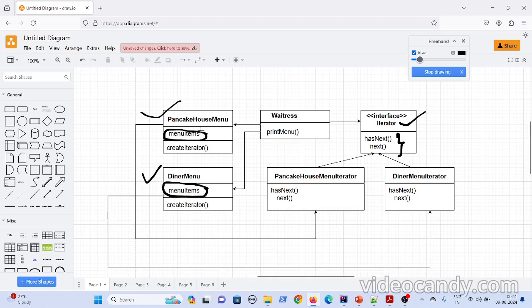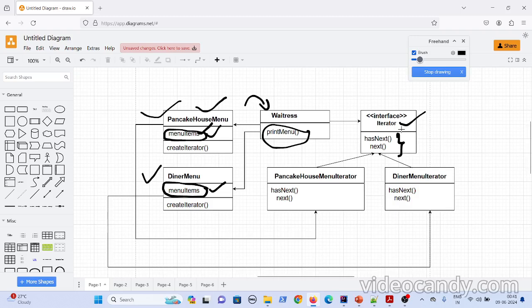To traverse through the menu items of each menu and get the list of menu items, the waitress, because she is printing the menu, has to know the logic of these data structures, and each menu also has to give all its items to the waitress so that she can implement the traversal logic. But this is unnecessary, because you are giving your internal data to an external person.